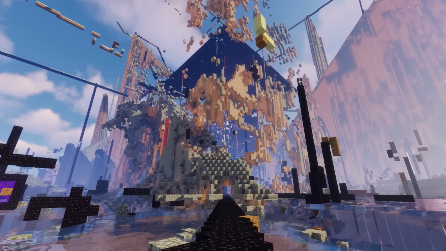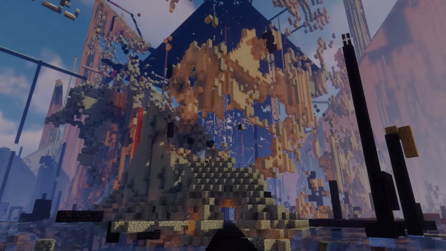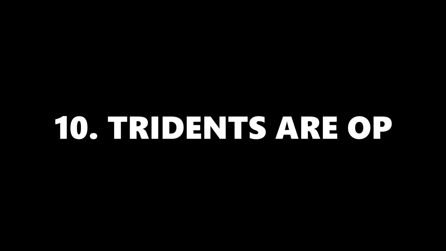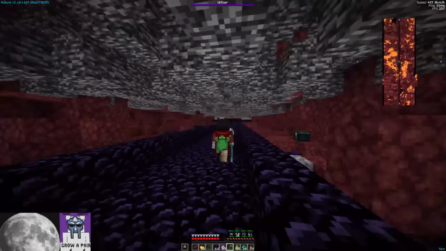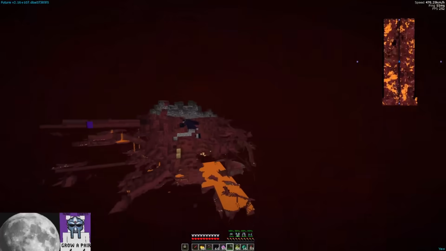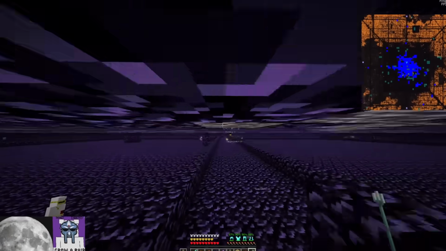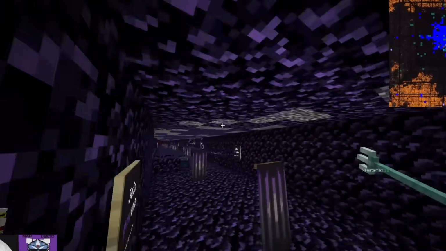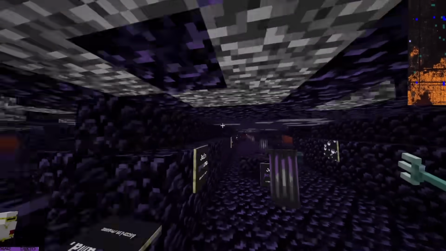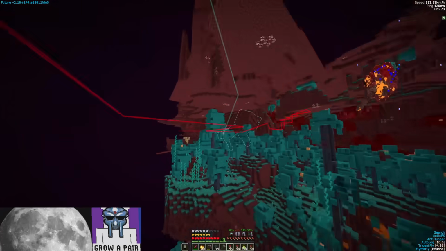But now, it's time for the last and probably most insane change we've seen thus far. Number 10. Tridents are OP. I can't stress just how powerful this item has become on Anarchy servers. Using hack clients, it's possible to send fake Riptide packets to the server to allow you to run and fly at supersonic speeds anywhere. If using an Elytra, it completely removes the need for